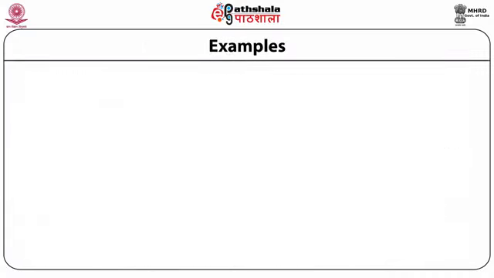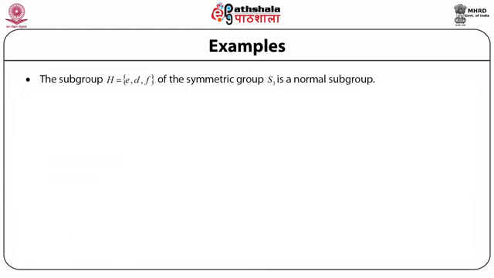We will illustrate this with the help of an example. Again, we will take the symmetry group S3 as our model to explain what we discussed just before. The group S3 has a subgroup H which consists of three elements E, D and F. This subgroup H is an example of a normal subgroup. To see this, first let us convince ourselves that the subgroup consisting of the elements E, D, F is indeed a subgroup. That is, it satisfies all axioms of the group.